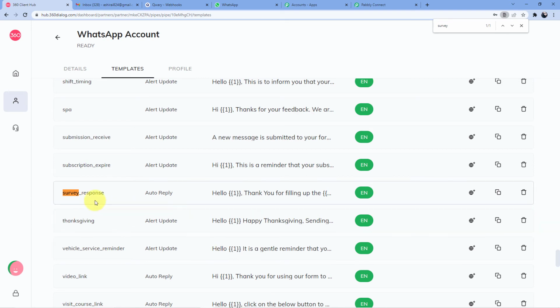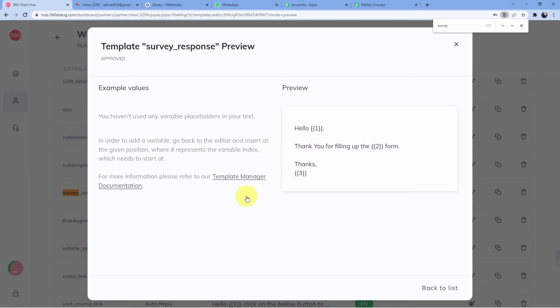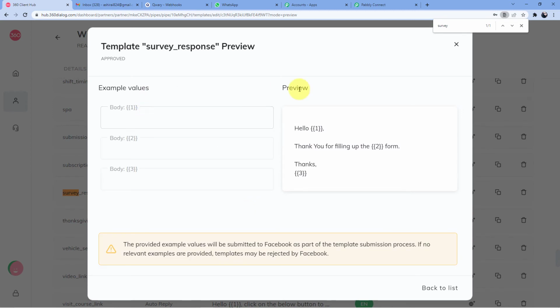So you can see I have created here a new template, survey response. Let me show you this template. So this template is: Hello, thank you for filling up the form. Thanks. Now what you can do is in body 1 put your first name,